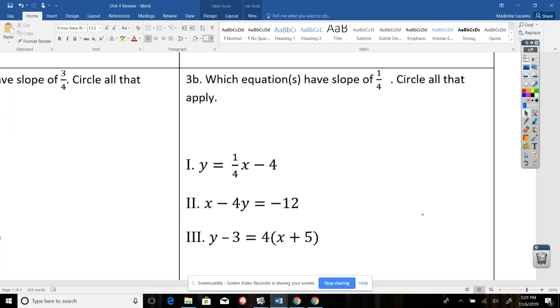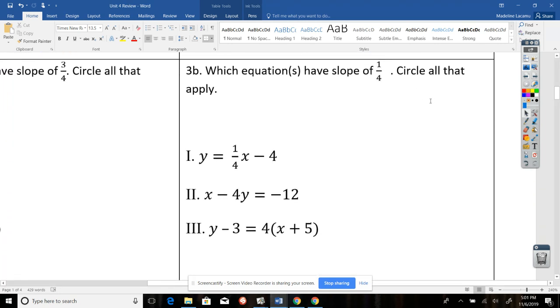For number 3, we have to figure out which equations have a slope of 1/4. So we're going to circle all of them that apply, which means we can have more than one answer. So if we look at this first one,